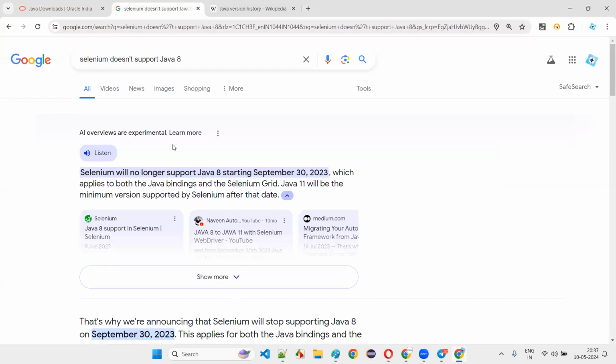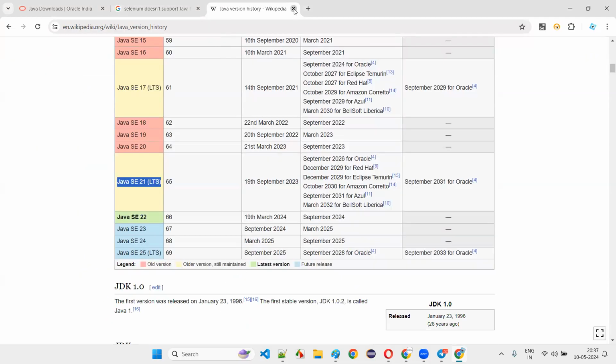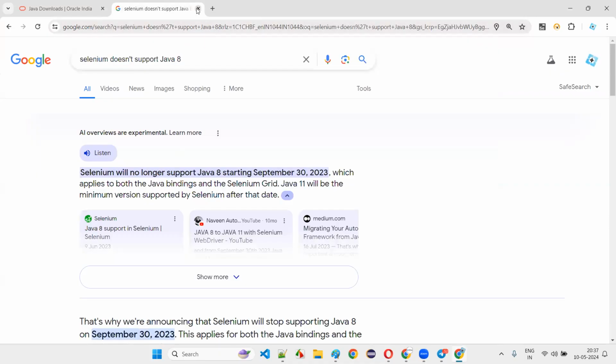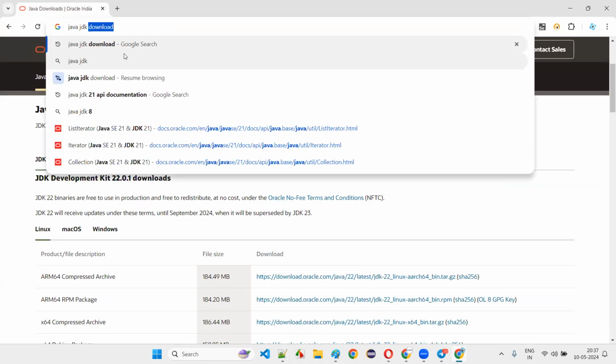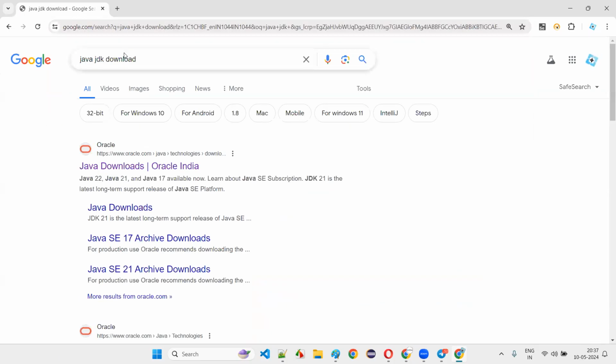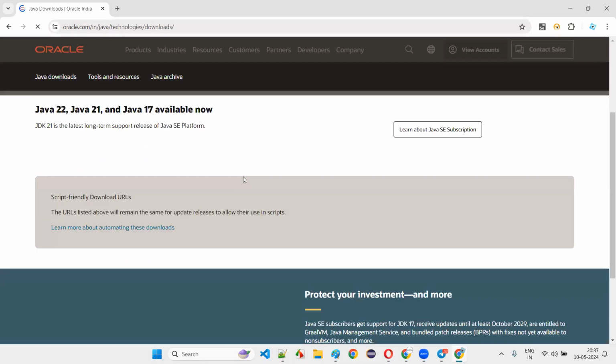The next thing is how to download the Java JDK. I'll search for Java JDK download. In the search results, I'll get the first link. It will take us directly to the Oracle downloads page. Once the page is loaded properly, guys,